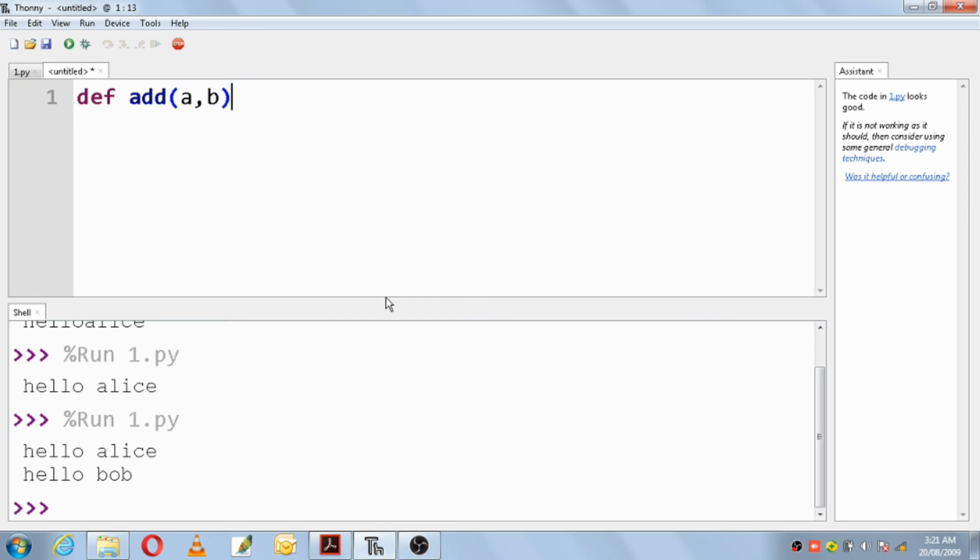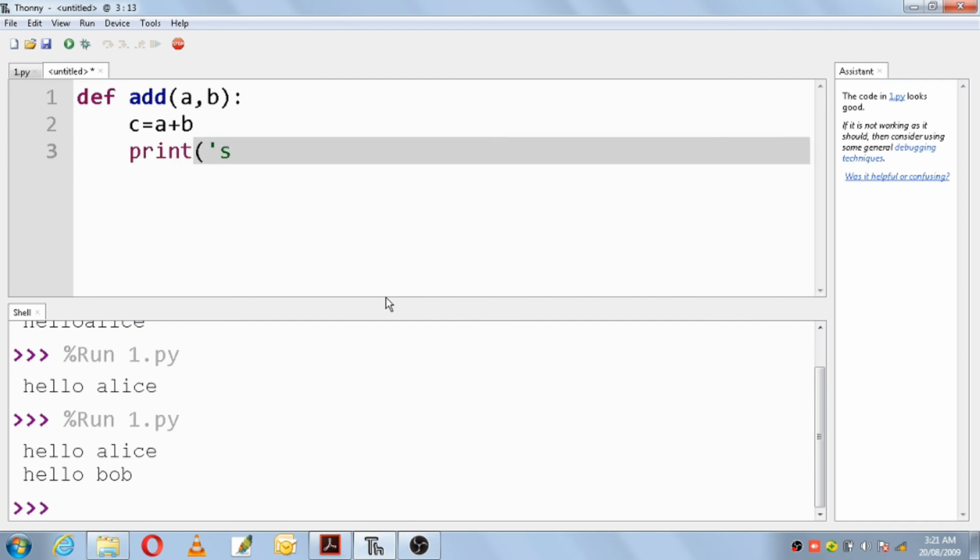Okay, then press colon, and then I'll make use of one more variable called c, and in c I'll store the value of a plus b. As we know, we need not declare any variables, it is directly initialized here. So c is equals to a plus b. Enter. Then it will print sum is equals to, print in single quotes, plus the value sitting in c. This plus is used for concatenation, and then it has to be concatenated with the value of a plus b. Okay, enter.